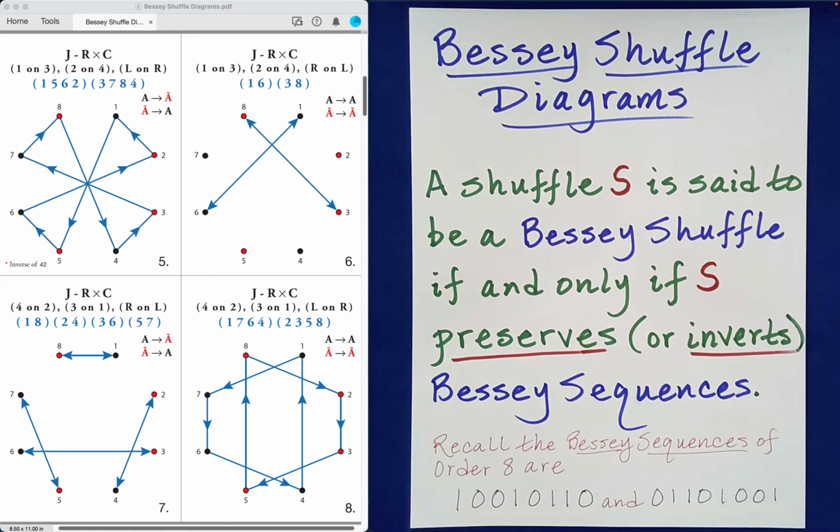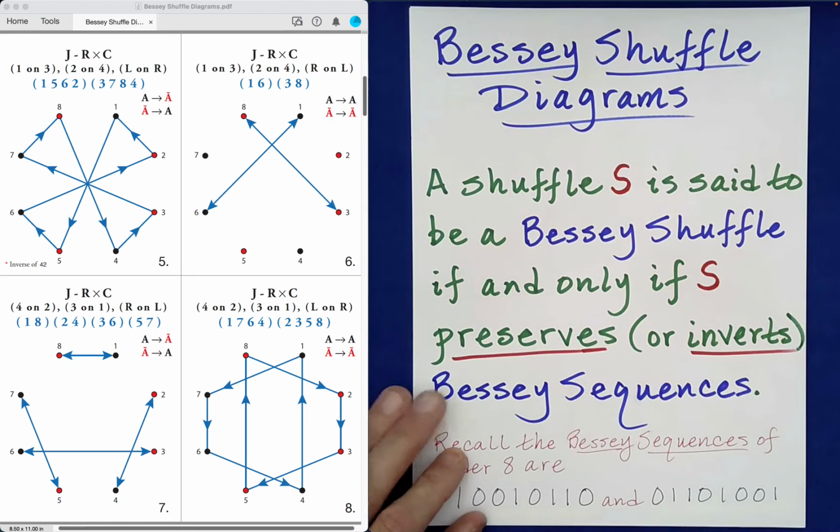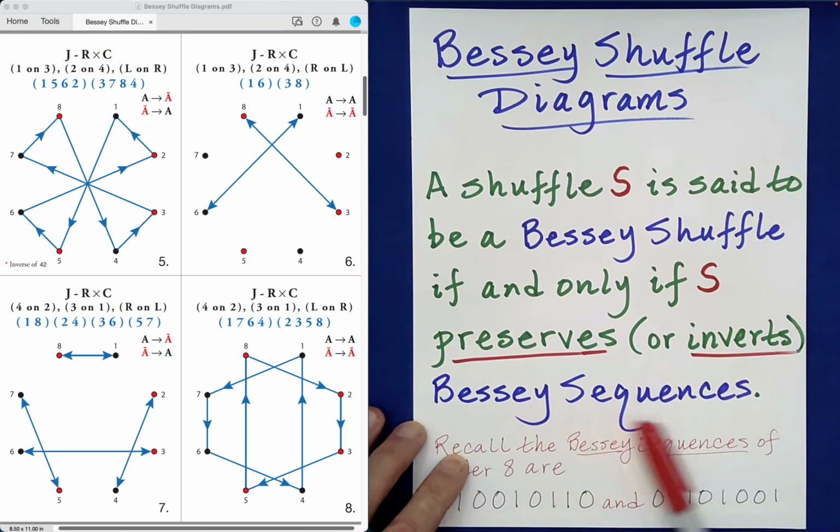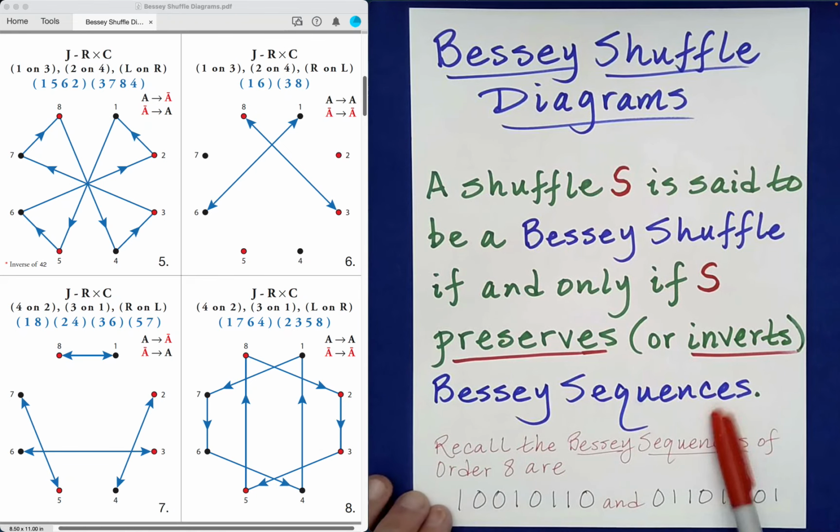This is the second video dedicated to Bessey shuffle diagrams, so I thought we would quickly review a few definitions. A shuffle S is said to be a Bessey shuffle if and only if S preserves or inverts Bessey sequences. Recall, the Bessey sequences of order 8 are 1001, 0110,